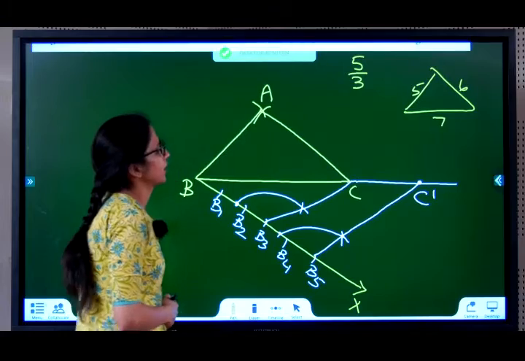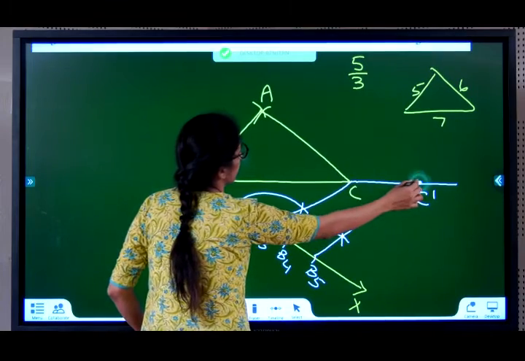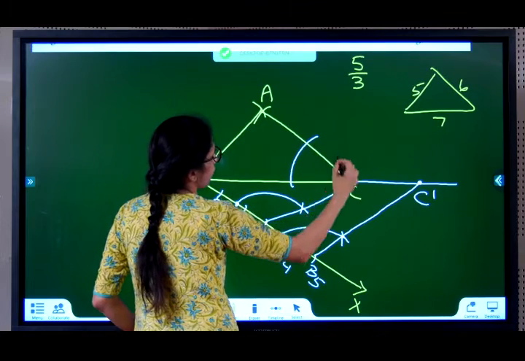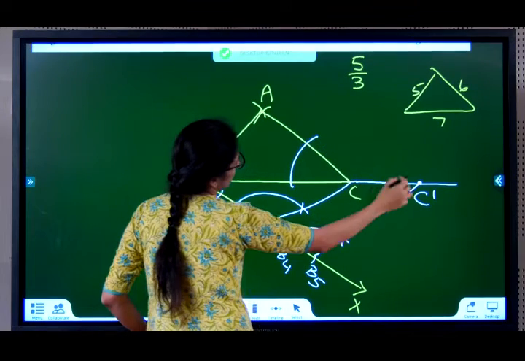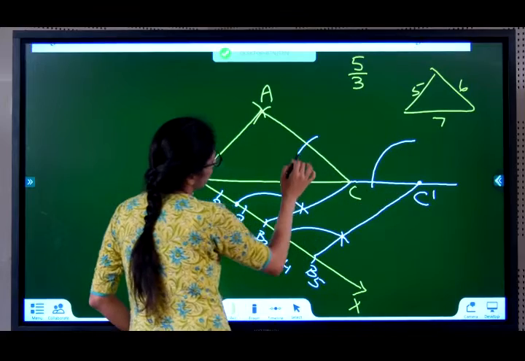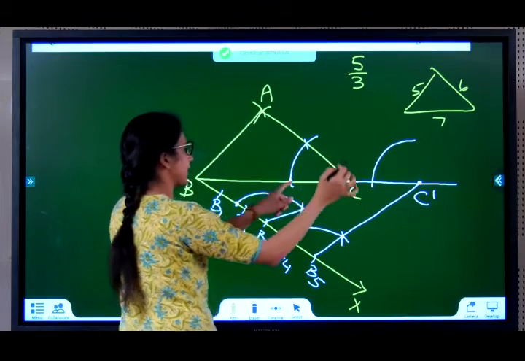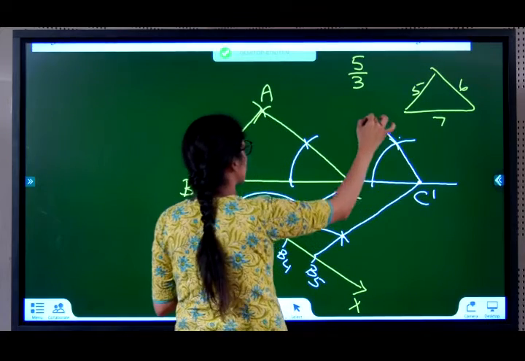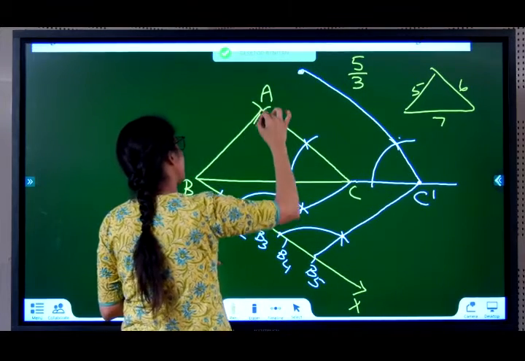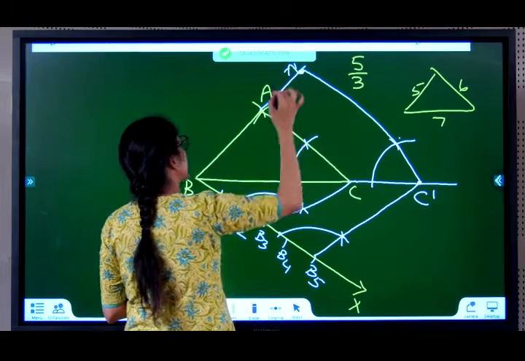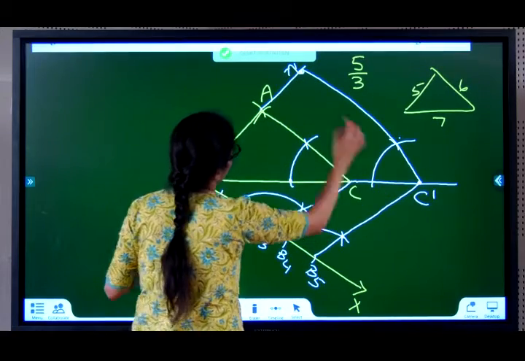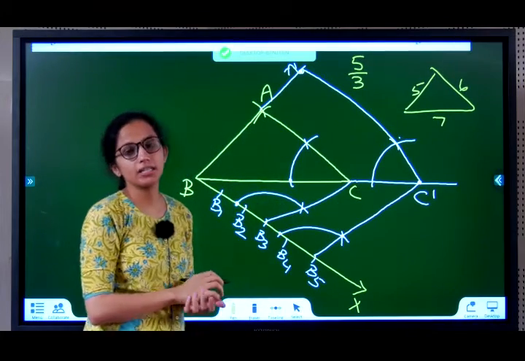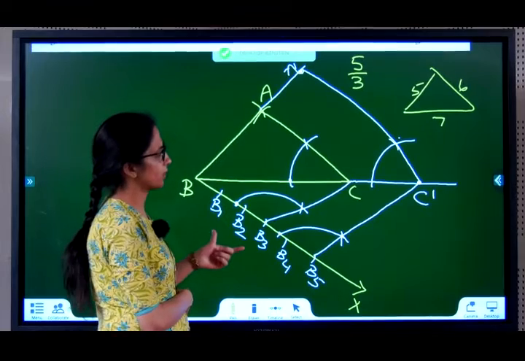Fine. Okay. So now construct A dash C dash parallel to AC. How do we do that? Draw an arc here. With the same radius, draw the arc here. Measure this arc length. Keep the compass needle here. Measure this arc length. Keep the compass needle here. Cut the same arc length. Join these two. Let this meet BA. Extended BA at A dash. So A dash BC. See, it's lying outside the given triangle. A dash BC dash is the required triangle. So we're done with the construction.